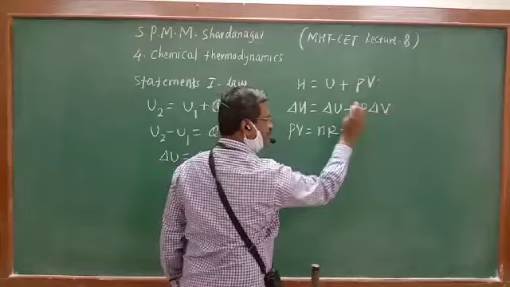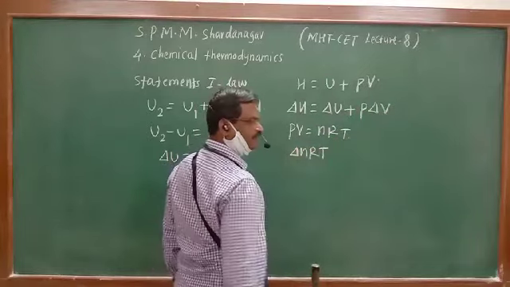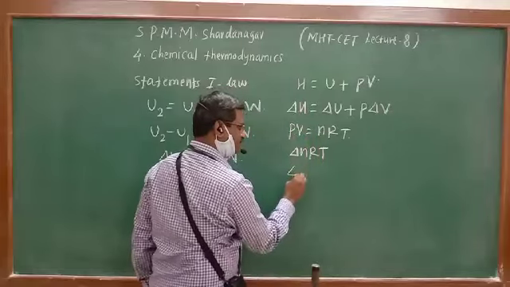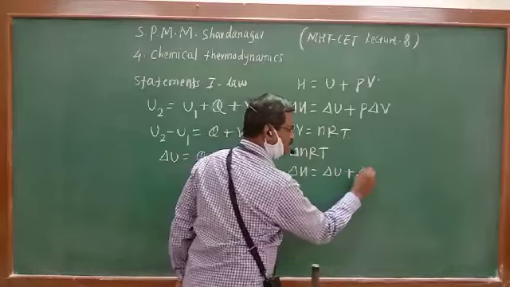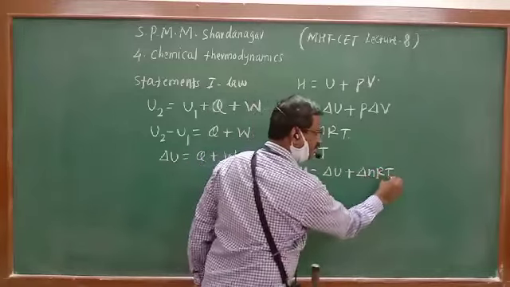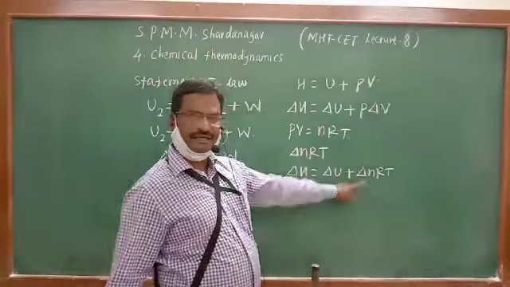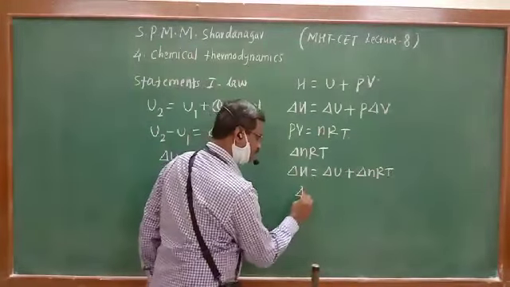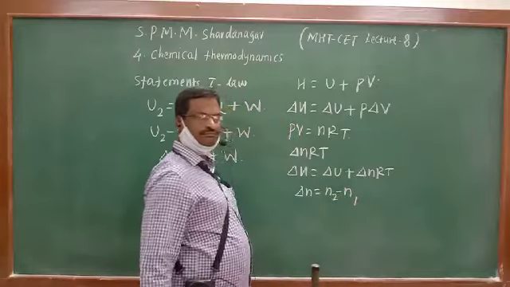So this P delta V can be replaced by delta nRT, and this equation becomes delta H is equal to delta U plus delta nRT,